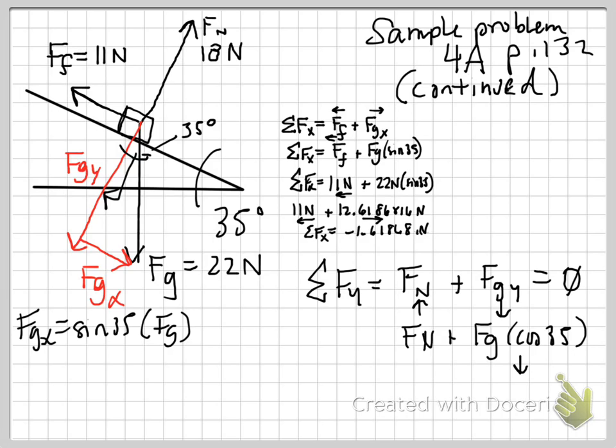So, because the only force upward on the y-axis is that 18 newtons, we could almost say we know already what the force of gravity on the y is going to be. But because this is physics, we're going to calculate it. So we have 18 newtons, and when we compute force of gravity on the y, force of gravity times cosine 35, we get, no great surprise,